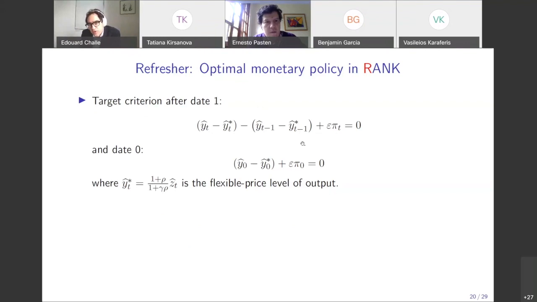Let me focus on the first equation, which is the stationary problem, abstracting from date zero. Y_t hat star is the deviation of the efficient level of output from its steady state value. Y_t is the deviation of actual output from its steady state value. Pi_t is inflation. Divine coincidence is saying you want that whole thing to be zero, and this is consistent with having Y_t equal to Y star and pi_t equal to 0 at every point in time. So you can achieve both objectives at once.